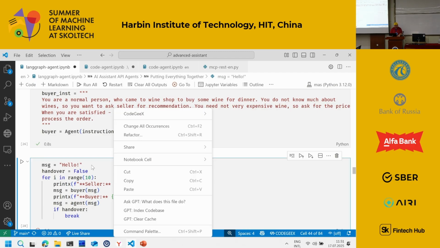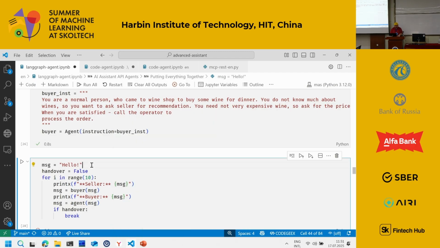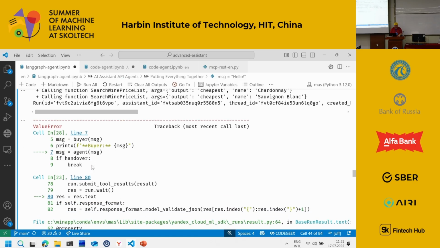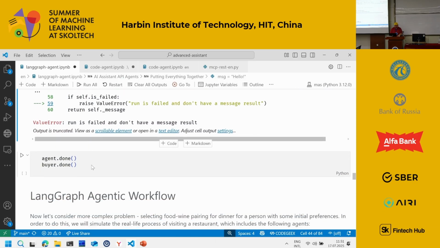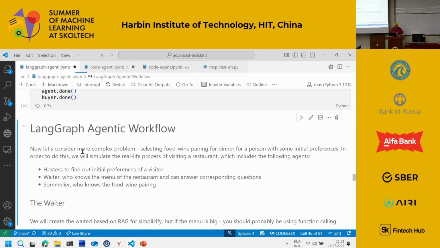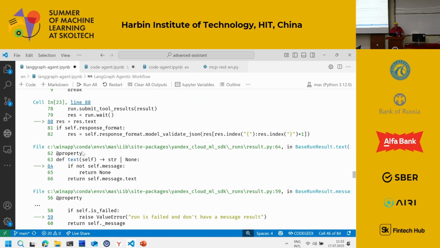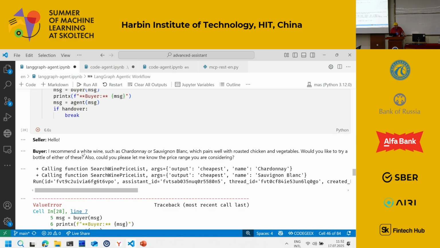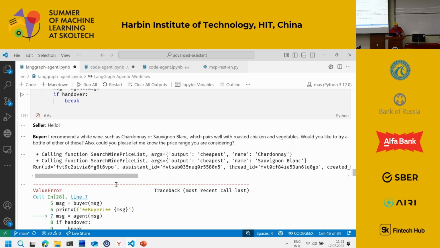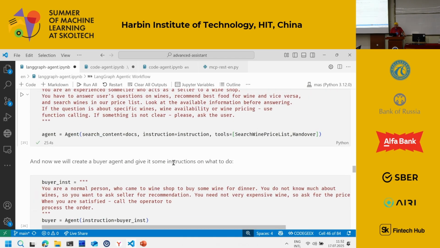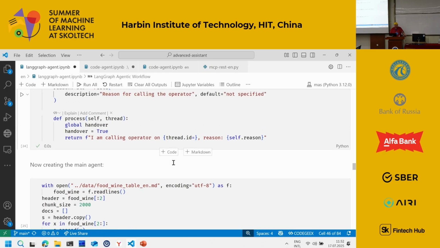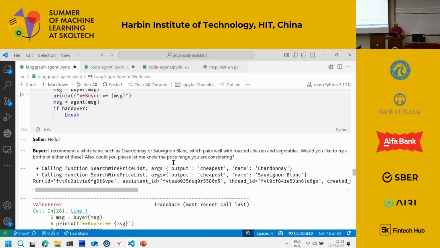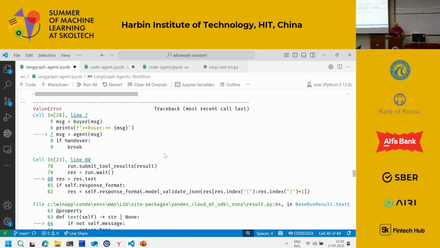Actually, it happens because I did not create a new thread. Anyway, let me skip this for the moment, just to save time. But you can play with it. You have the code, and those two agents can talk to each other, and there can be some interesting conversations between them. Why it happens that two function calls fail, I don't know, because I think the way I provide the result is designed in such a way that it should call it only once.